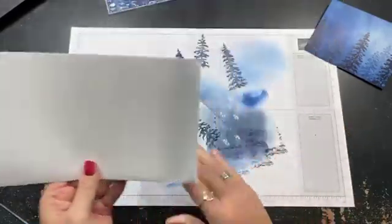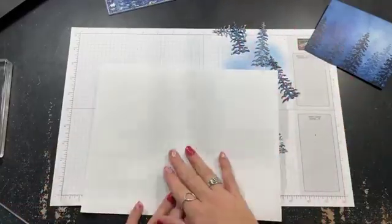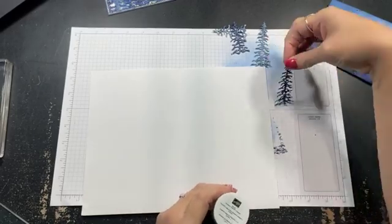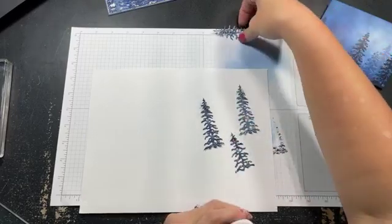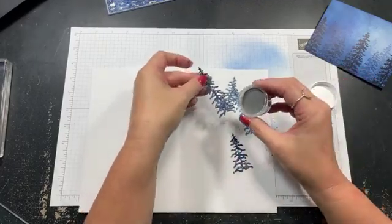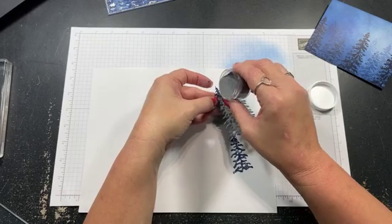Stampin' Up! does have a wonderful embossing kit, and it has a tray. I do not have it. I need it, but I do not have it. I am going to take the Stampin' Up! Silver embossing powder, and I'm just going to lay these trees on here. And like I said, this white craft ink is wet because I'm getting it all over myself. But when I take this silver embossing powder and sprinkle this over the top,